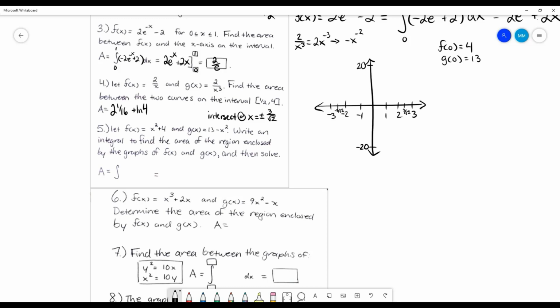I don't think we will though. So I'm plugging in that 0, I've got 4 and 13. Plugging in f of 1, I'm going to get 1 plus 4, which is 5. Plugging in g of 1, I'm going to get 13 minus 1, which is 12,